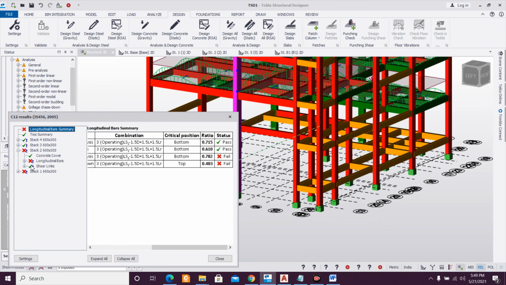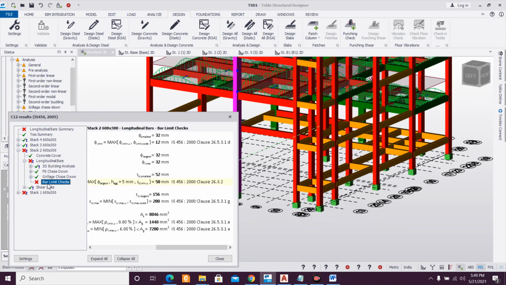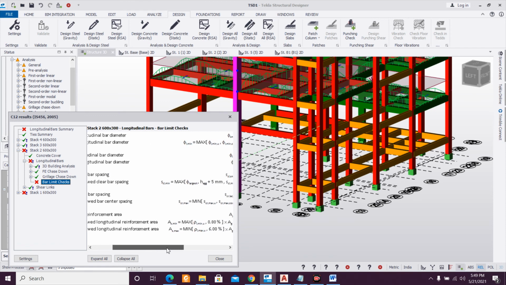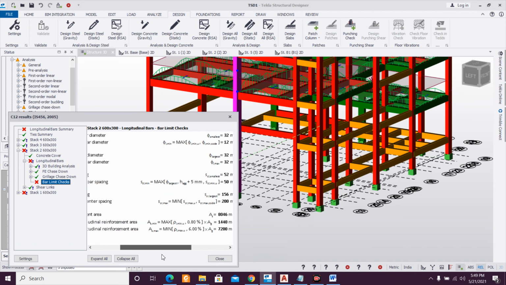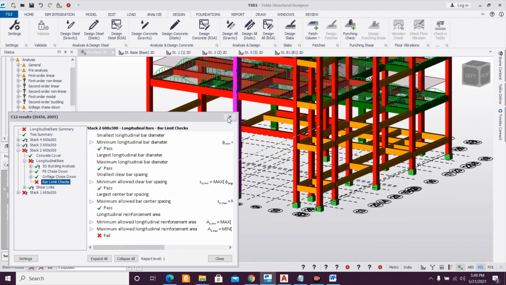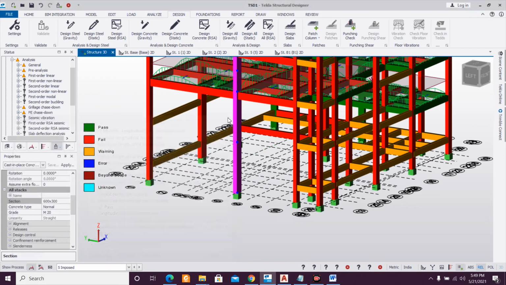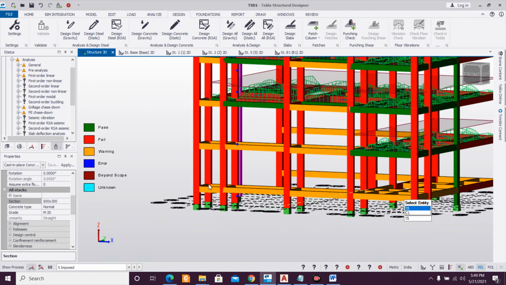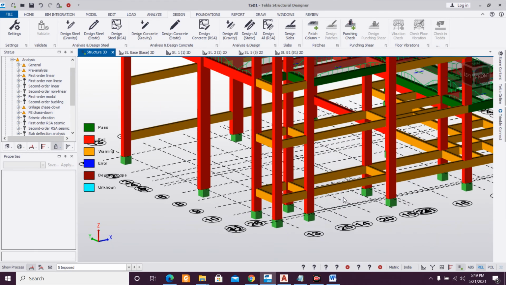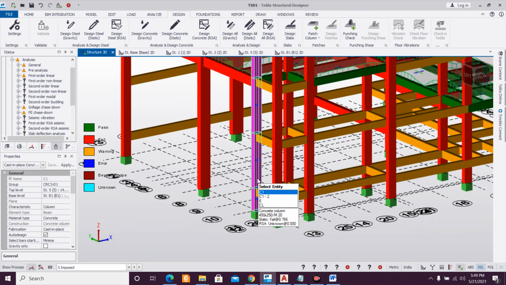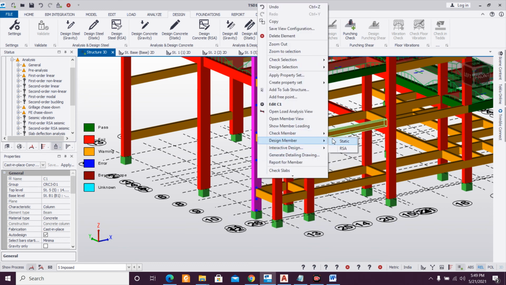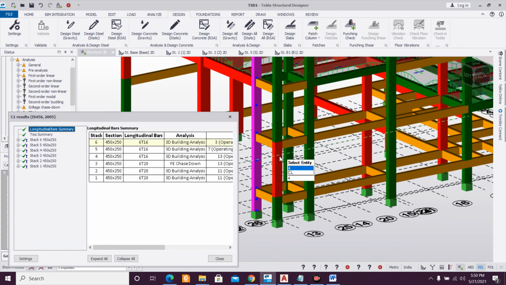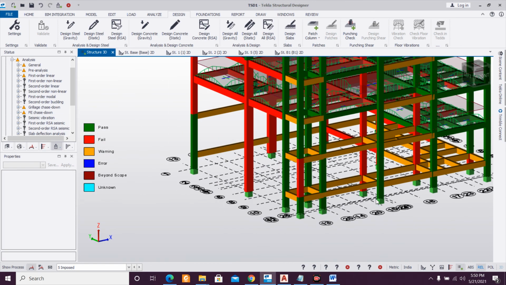The longitudinal bar limit check only is failing, so no problem with that. Reinforcement area, it's telling that the reinforcement area is exceeding the clause. So if you are to satisfy this reinforcement criteria, you need to just increase the size, but the rods are okay. So I'm checking this first, and I hope this one should pass. Why is this failing? There's no way that they should fail. Yeah, this is passing. Yeah, good.